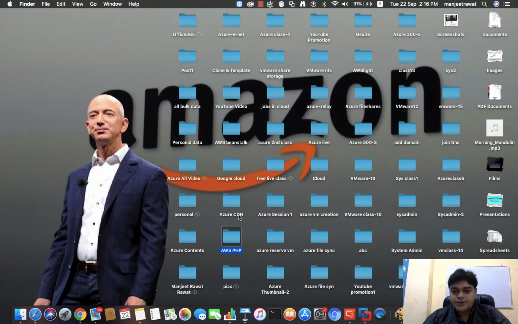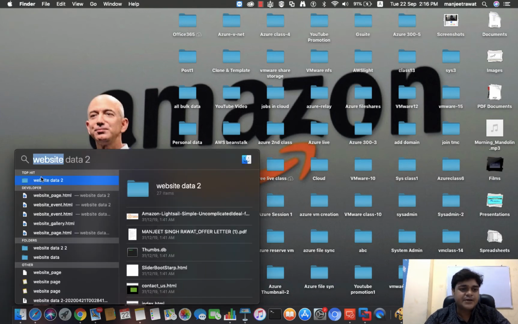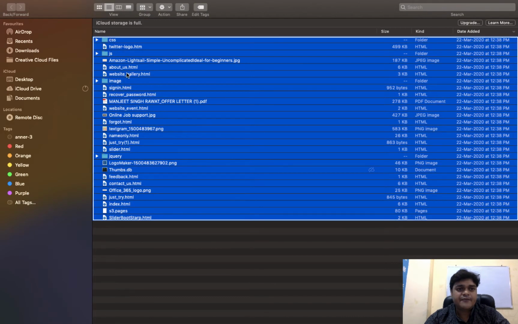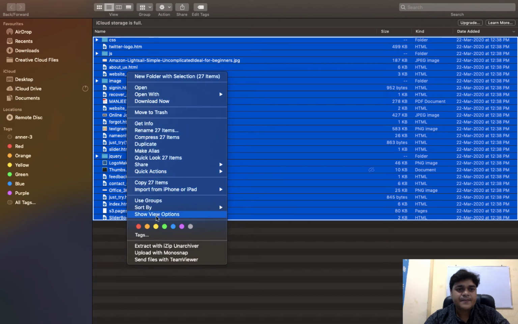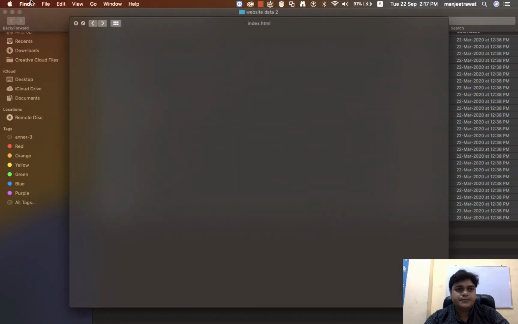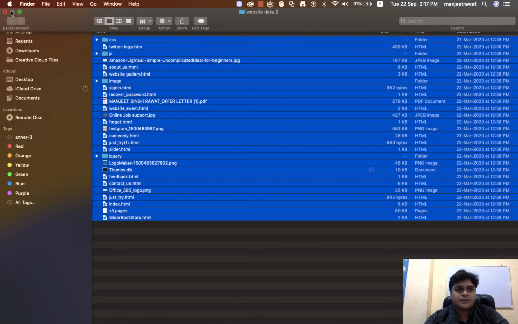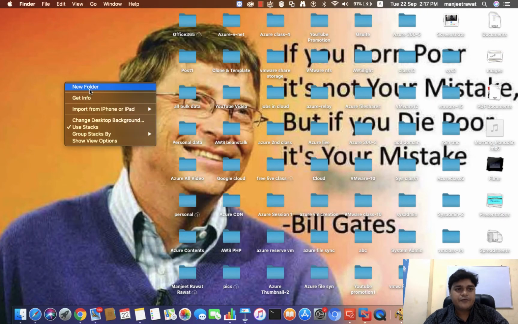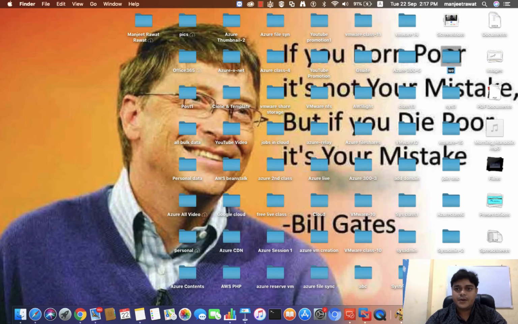So meanwhile, I'm going to set up our environment. We need to check our data. Where is our data? We need to search for it. This is website data 2. I'm just going to open it and copy the entire file which is available here. I'm going to create a folder with the name website.